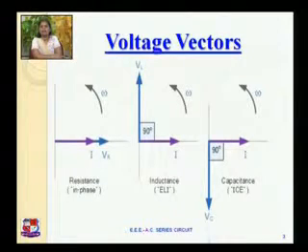In the second diagram you can see that the phase difference between the voltage vector and current vector is 90 degrees, and the current vector is lagging behind the voltage. In the last session we discussed that if it is a purely inductive circuit, then the current is lagging behind the voltage by 90 degrees. So the second diagram shows a purely inductive circuit, where the phase difference is 90 degrees and the current is lagging behind the voltage by 90 degrees.